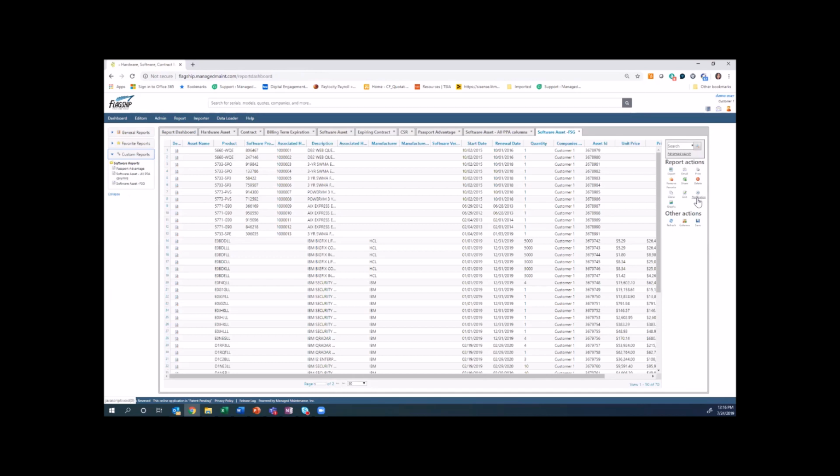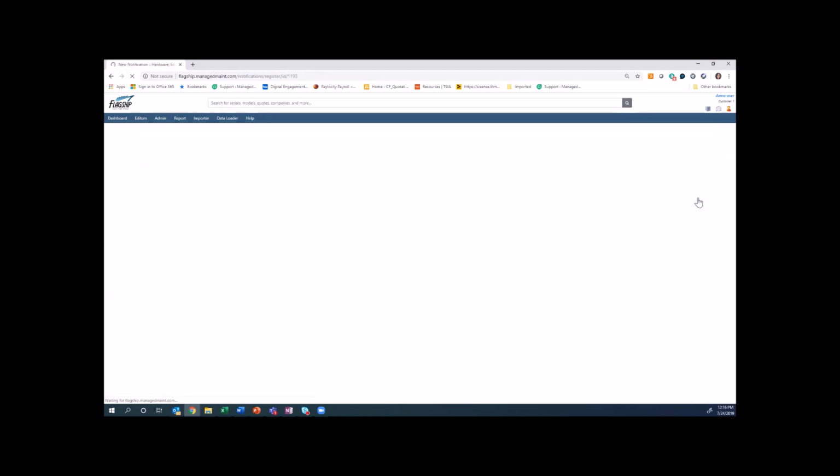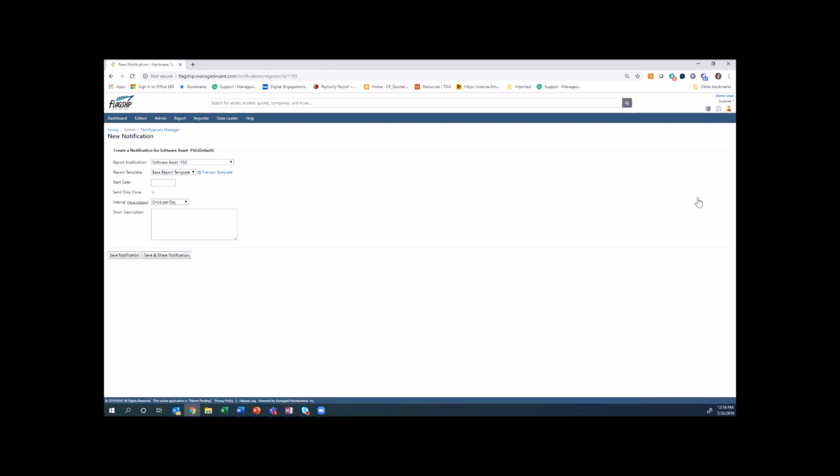as well as you can create your own notification. Notifications allow you to create any report and do what I call set it and forget it. You can create a report and have that report generated once a week, once a month, once a quarter, once a year, and land in your inbox or in your colleagues' inboxes at any given time frame,